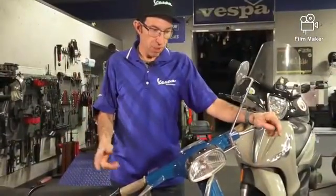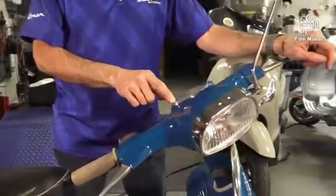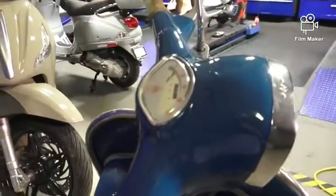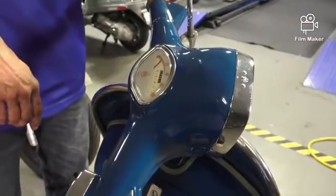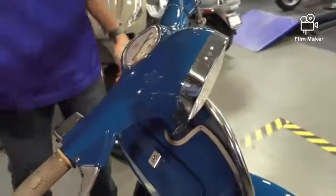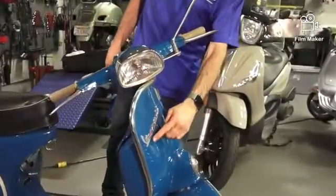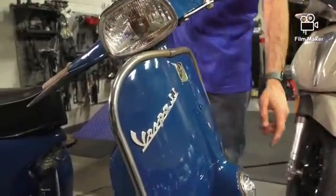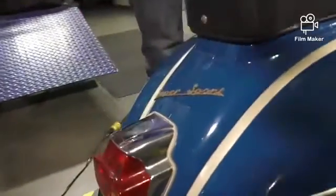I'll go over a couple other quick facts about this scooter. They always have this clamshell style speedometer. It goes to 80 miles an hour, or in other markets, I think it's 120 kilometers an hour. They have all 6-volt lights of any of the scooters of this period. 4-speed transmission with a manual clutch. In the front, you have the large aluminum Vespa SS badge, but if you move on to the back, it says Super Sport. Nowhere on the scooter does it tell you it's a 108cc model,